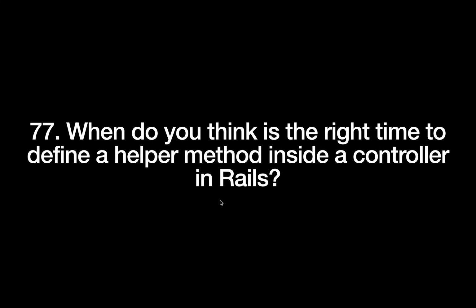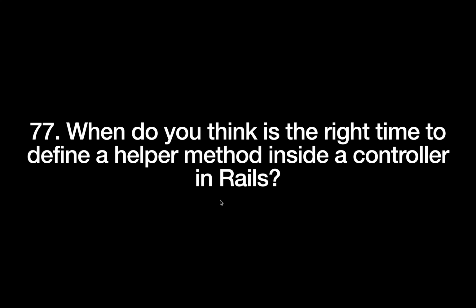What do you think is the right time to define a helper method inside a controller in Rails? As we know, helpers are used to reduce the complex logic at the view level, so we can place them in helpers. But sometimes you need to define helper methods in your controllers as well. For example, if you define a helper action in application helper, then those view logics are available for all the controllers